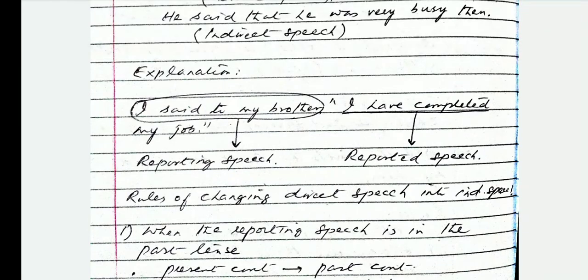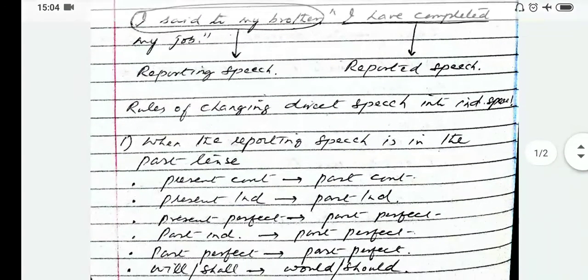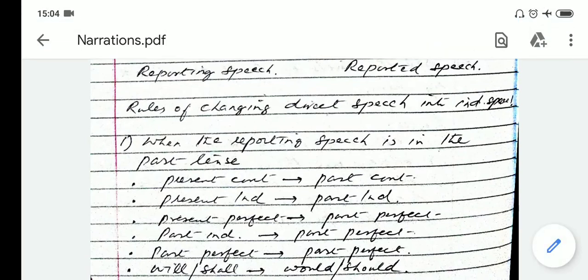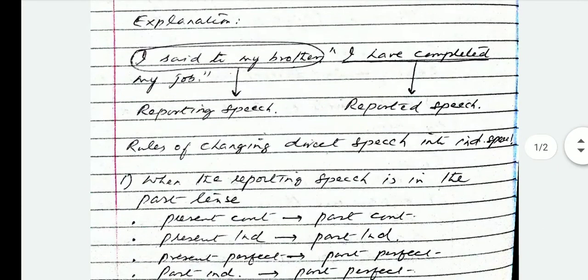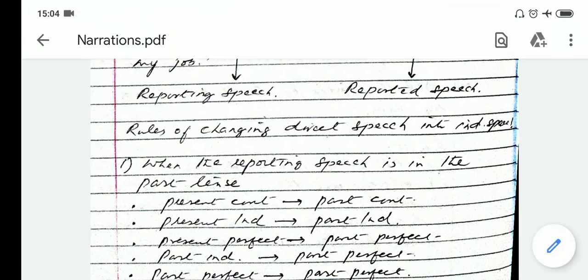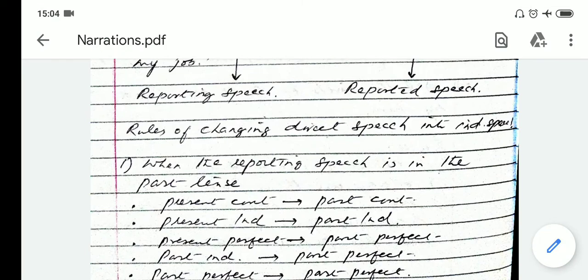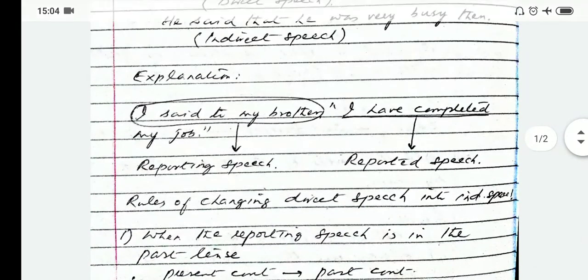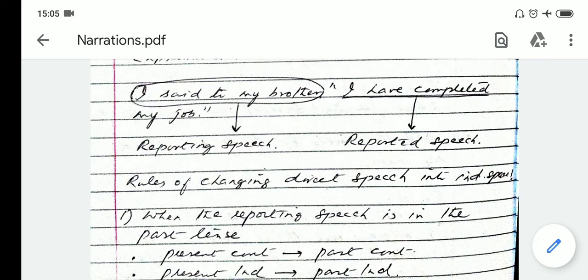I said to my brother, it means this is in the past tense. Now the rule is that when the reporting speech is in the past tense, what happens to the reported speech? अगर reporting speech यानी कि ये वाली जो speech है ये past tense में होगी तो क्या होगा? The present continuous will change into past continuous. अगर reporting speech past में है तो आपकी reported speech के साथ क्या होगा कि अगर